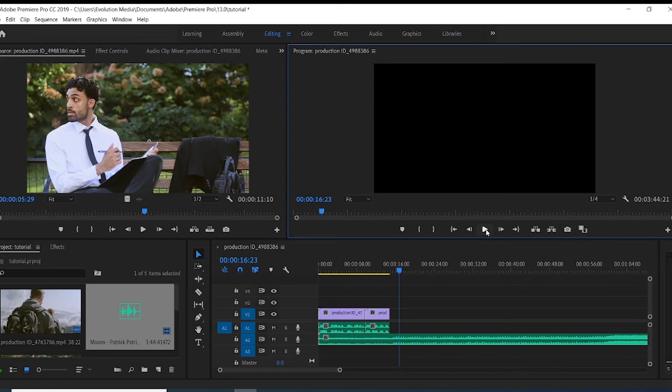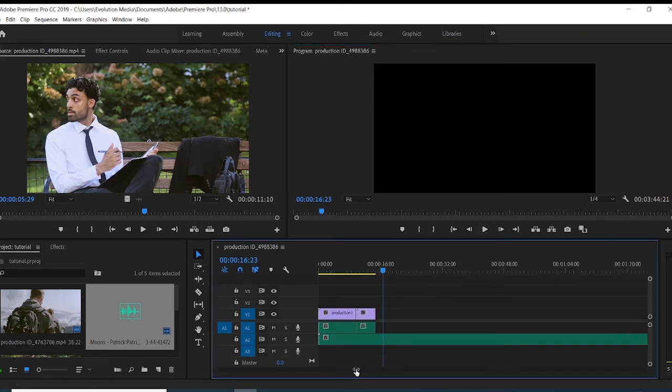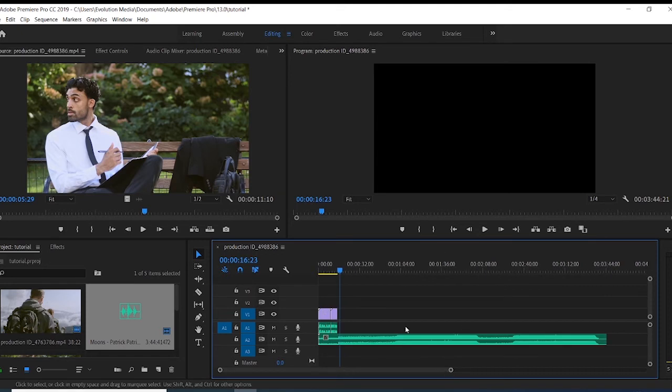But this audio is too long, so I might just have to zoom out, yeah, to find the end of it and just drag it back. You see, I'm seeing this white line again. It's telling me that this is stopping at the same point of the audio one and video one that I have, and that is where I want it to stop, because you want all your things to stop immediately.